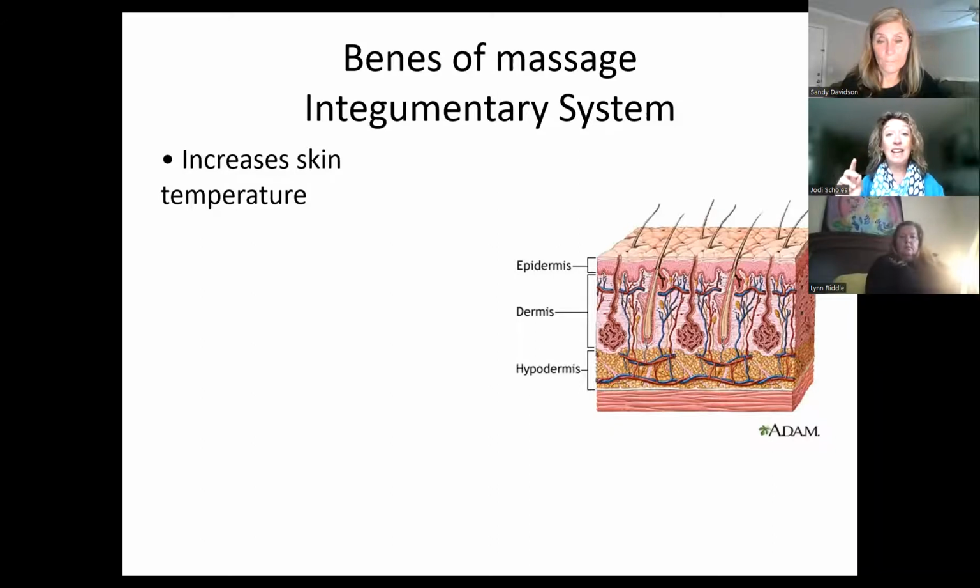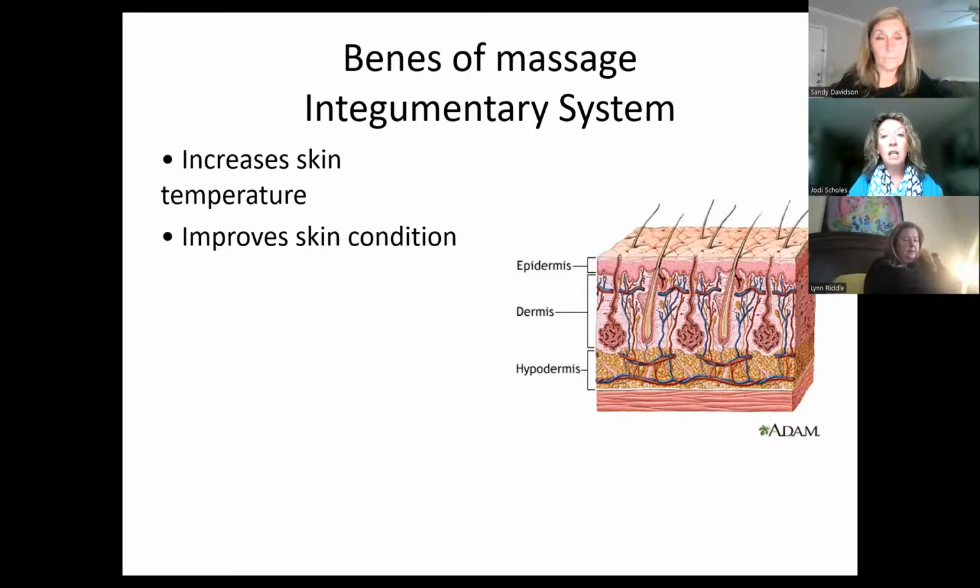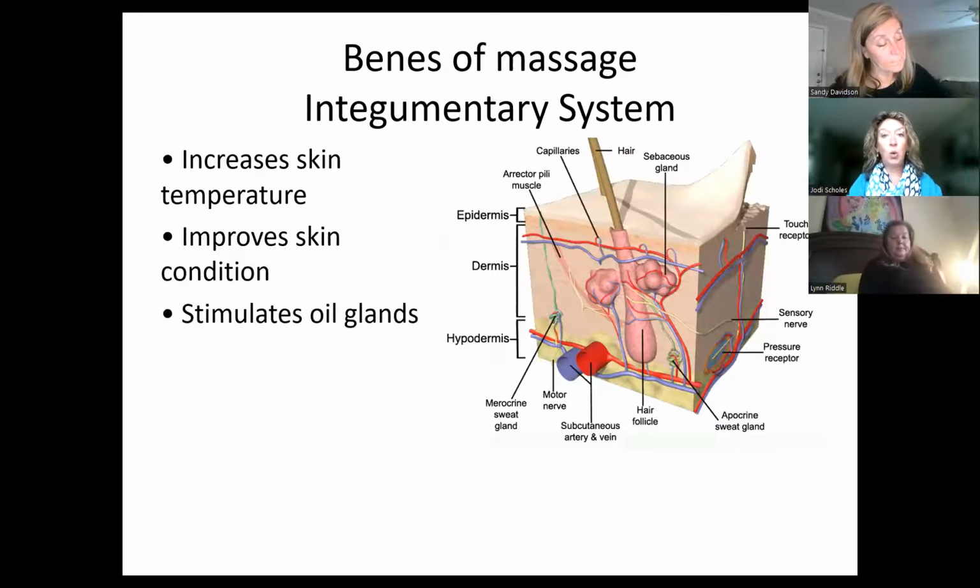Epi, when you need an EpiPen, you need an epi, up, right? So you need to get brought up. You need to get woken up. You're having an allergic reaction. So epi, up. Epidermis is the highest layer of the skin. Massage will also improve the skin's condition by flaking off a lot of dead skin cells. It stimulates the oil glands. And did you know that most of household dust is skin? I know, not nice, but true.